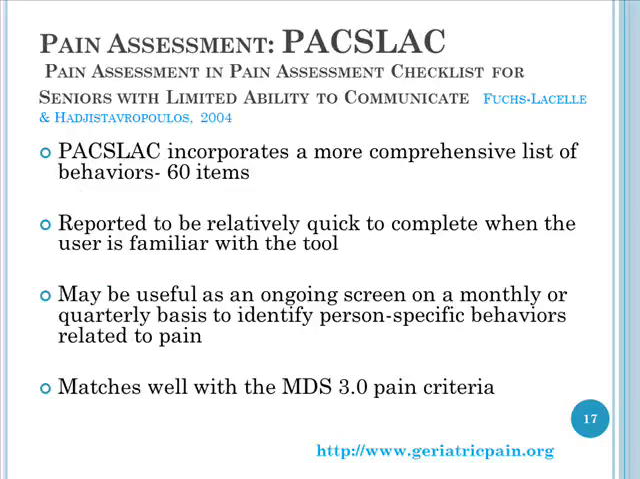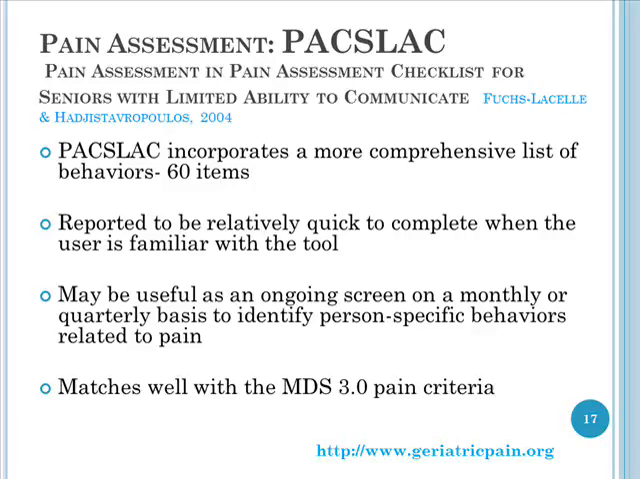The second tool is the PAC-SLAC, as I mentioned. This is a more comprehensive tool that includes not just observable behaviors that you can observe in a direct interaction, but also gathers information on changes in behavior that might be occurring. It's relatively quick to complete, even though it does have 60 items, but once familiar with the tool, users say that you can move through it very quickly. It might be a better tool for a more comprehensive screening on a monthly or quarterly basis to identify resident-specific behaviors related to pain. It aligns well with the MDS 3.0 pain criteria as well,